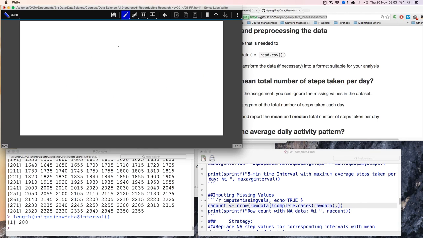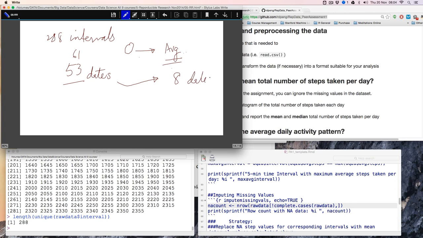Second strategy could be, I don't bother about the dates. I have these 288 intervals. Now what I do is I pick up each of these intervals. Let's say the interval number 0, and I already have the average value for interval 0 by removing the NA values. So let's say I had 53 dates. For 53 dates, I got some average value. I'm going to put the same average value for the remaining, as the total was 61. So for the remaining 8 dates where the data is missing,